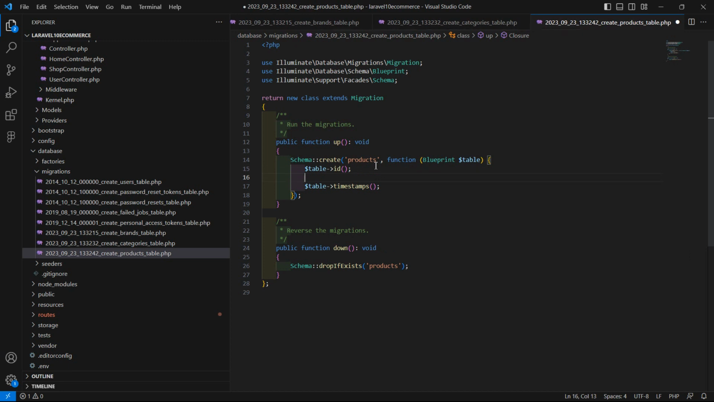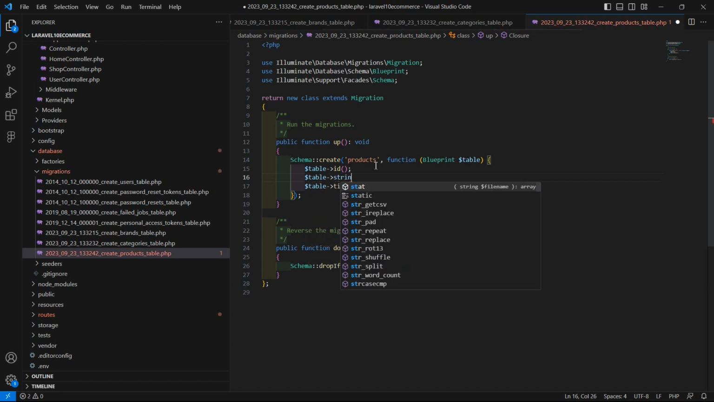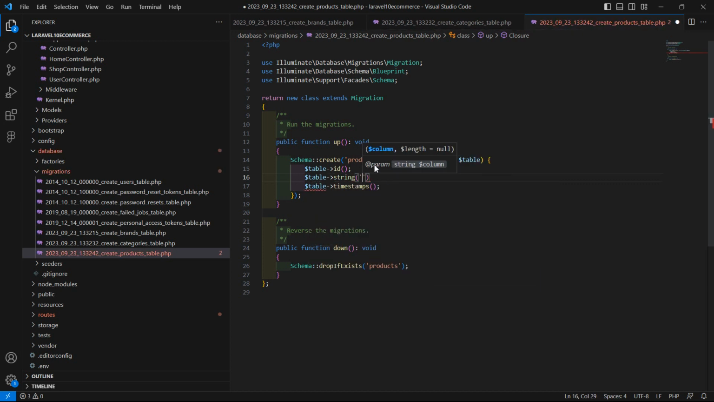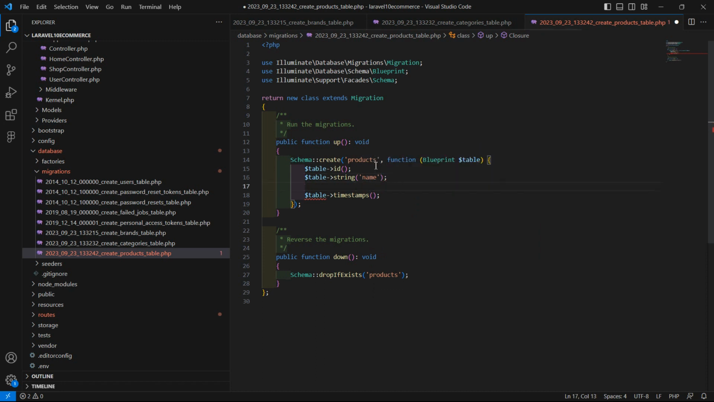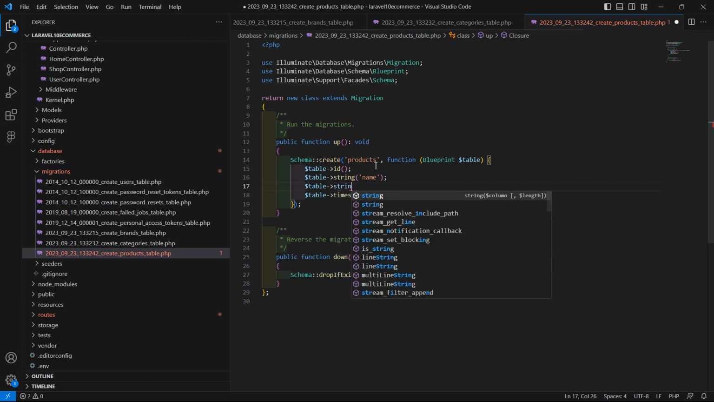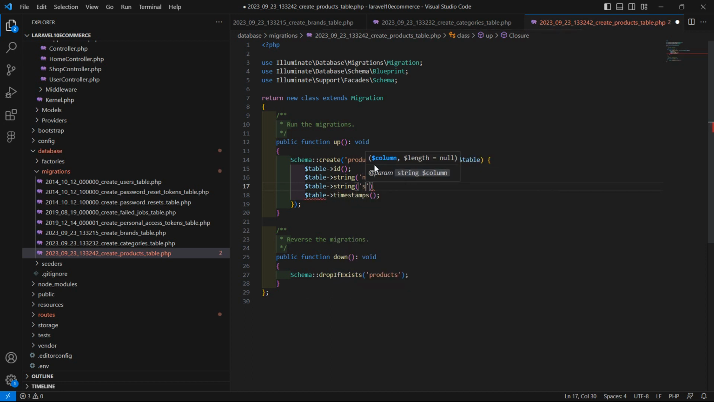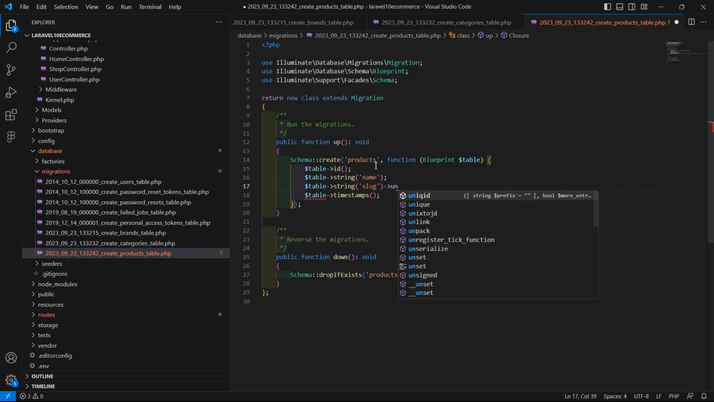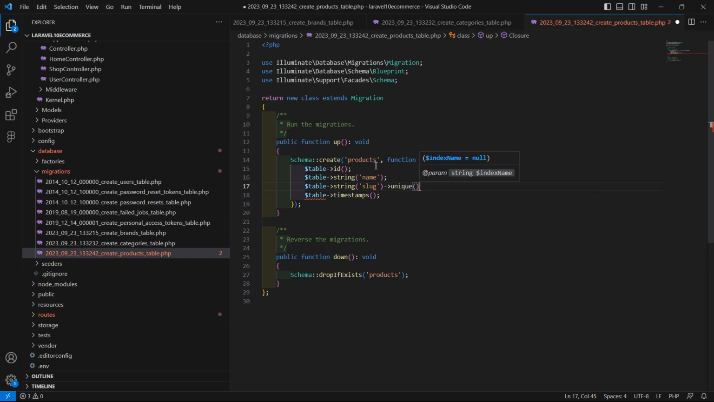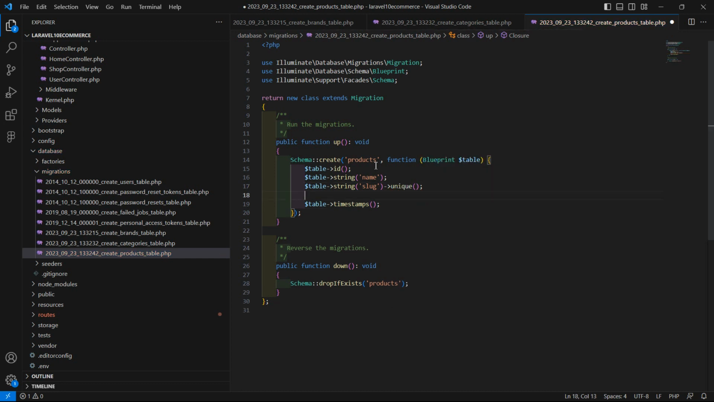First one is product name, so write here $table, a string, and column name name. Another one which is for slug, $table, a string, and column name slug. Okay, and also set here the unique constraint, this one. And now let's copy this one, okay, and paste here. Change the column name to short